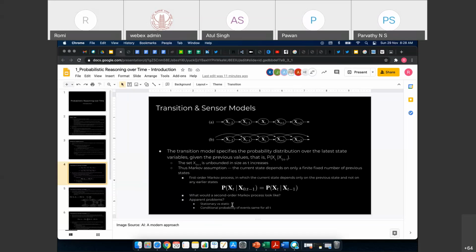Another trade-off that we do is we consider the world as stationary, not static. Static means nothing changes. It's just the same thing that you see today and tomorrow. But we just consider the world as stationary for the sake of operational purposes. Stationary meaning that the number of variables don't change.